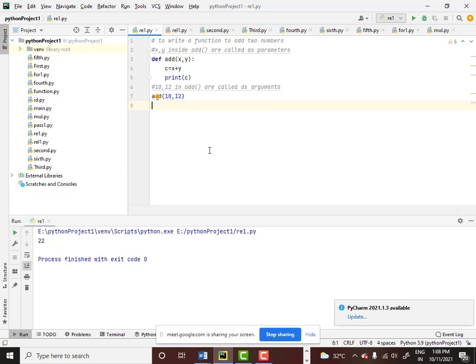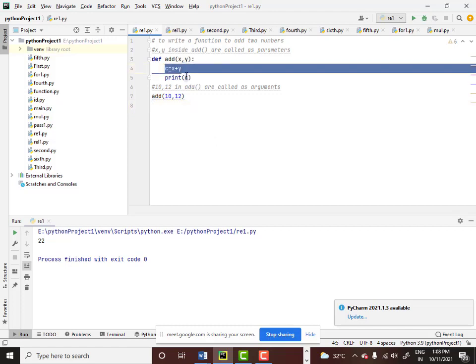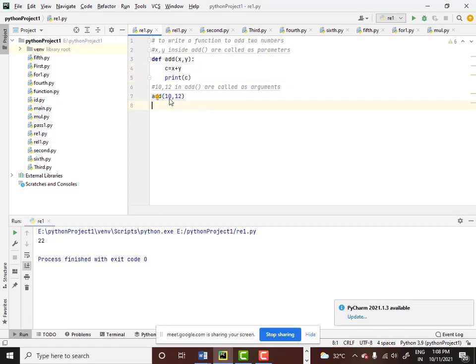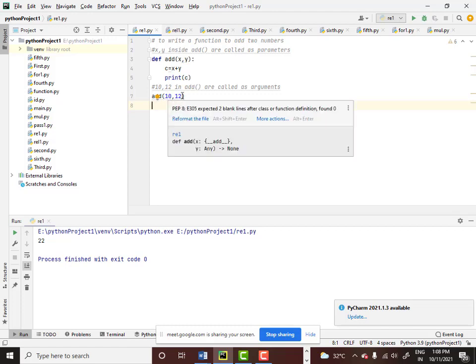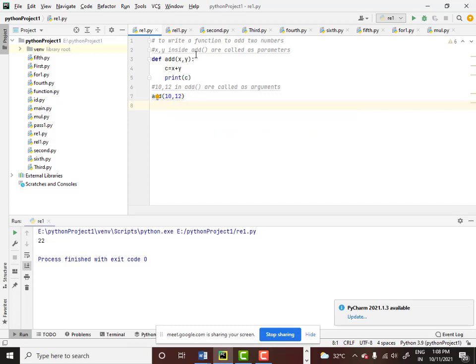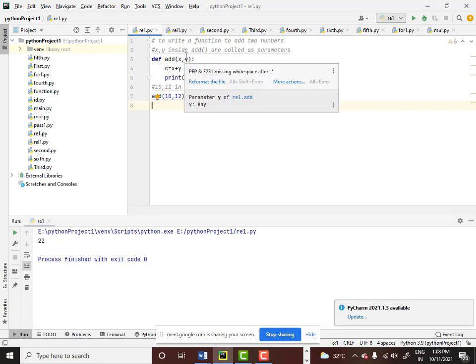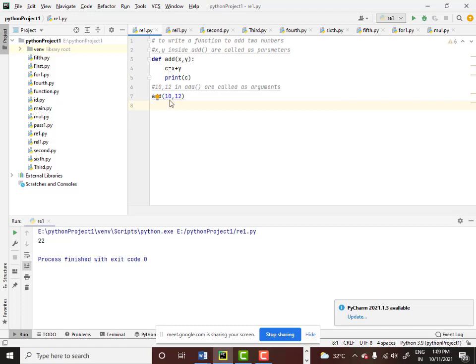So let's see how this program is working first. Now this is the function. When I am calling the function, I am passing two values. One value is 10, another value is 12. So this 10 will get assigned to x and 12 will get assigned to y, which means logically speaking x is equal to 10 and y is equal to 12.